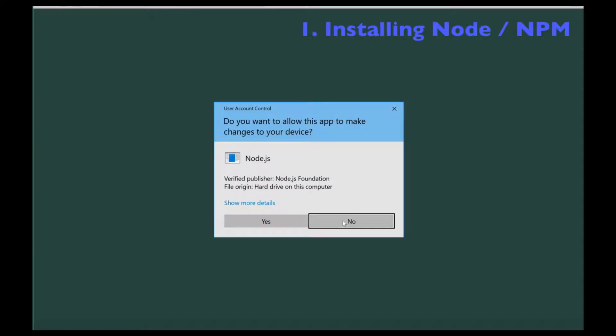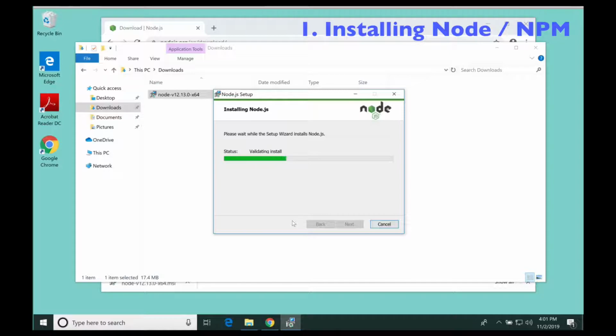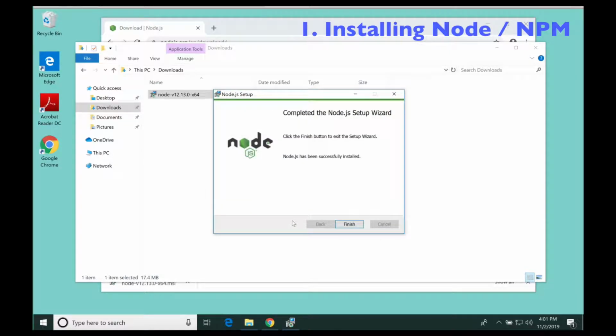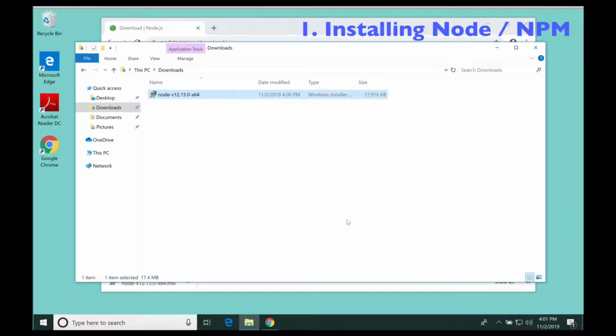We proceed with the installation. Now that Node.js has completed installation, we can verify this by opening up a command prompt